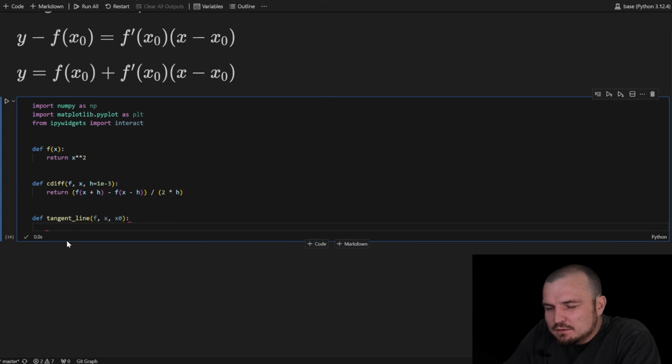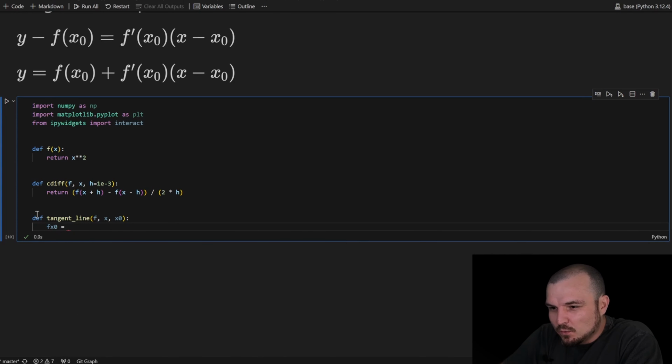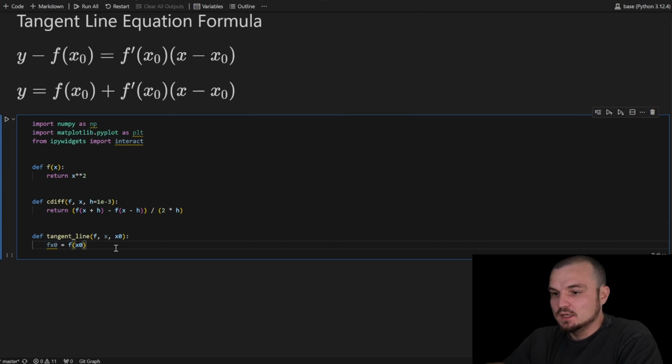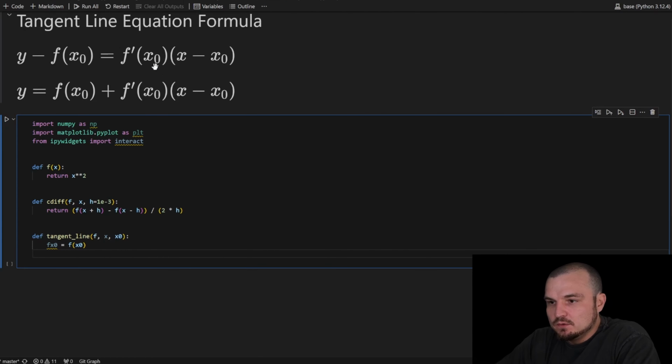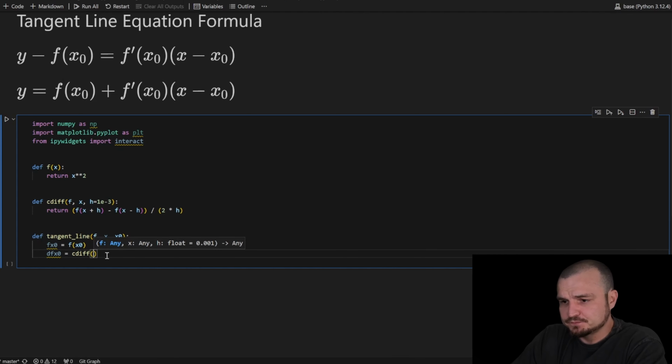First of all, we need to get f of x0. We need to call f of x0. It's quite easy. Then we need to compute the derivative, df of x0.